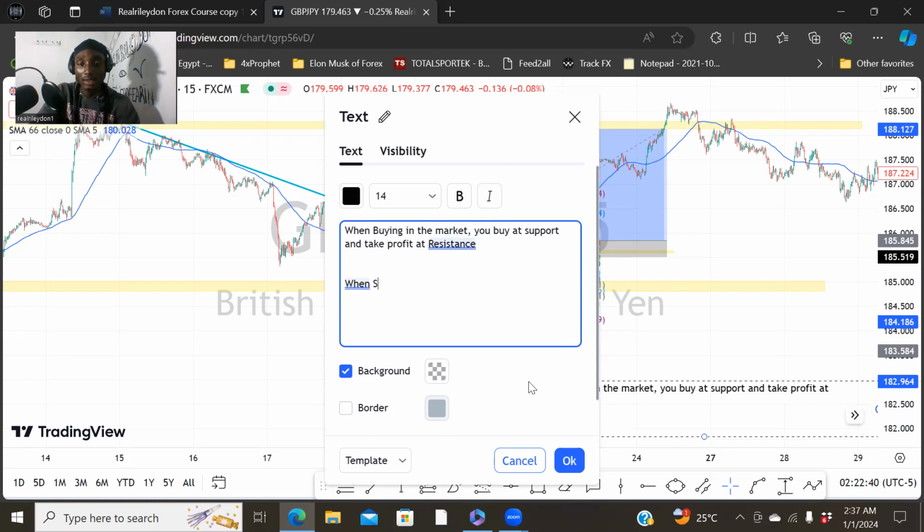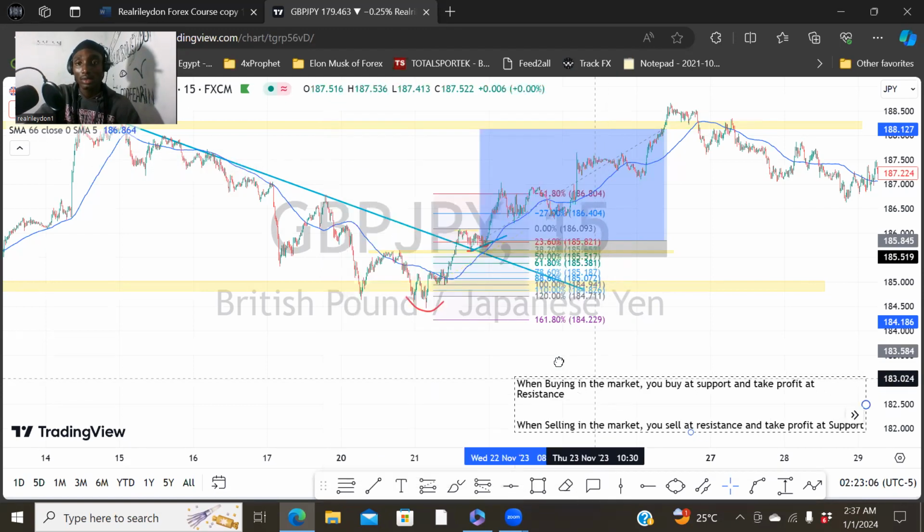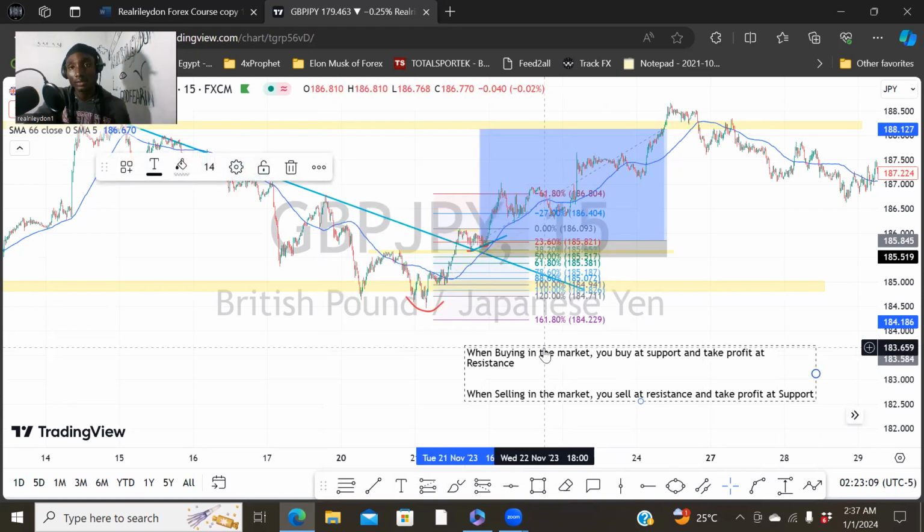When selling, it's vice versa. When selling in the market, you sell at resistance and take profit at support. So that is that, guys. So remember,